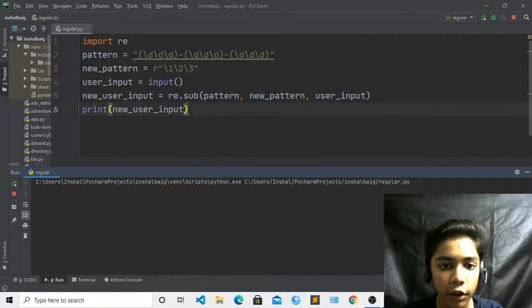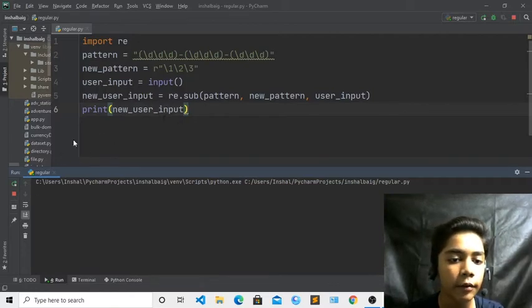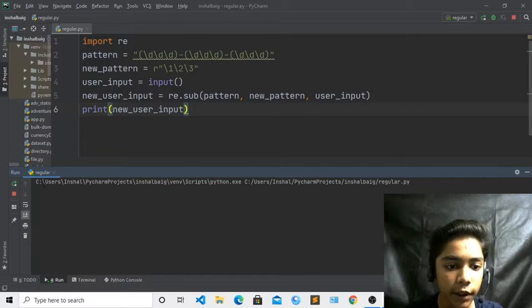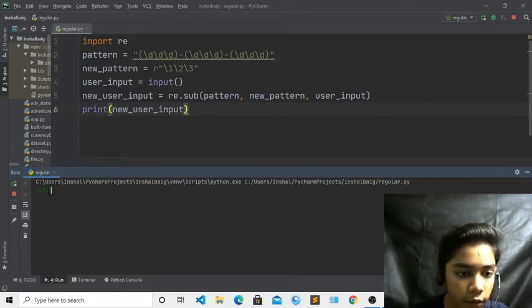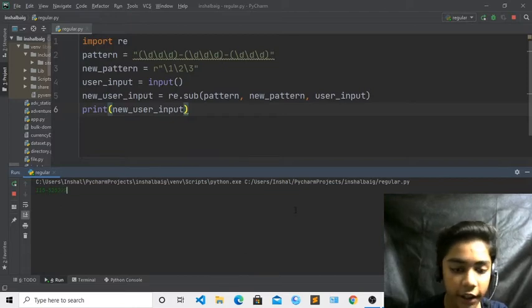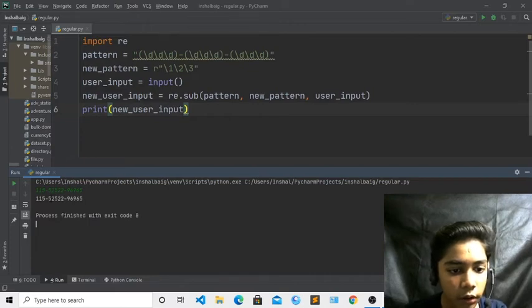Like I have told you, input is when we are asking any question or giving any answer, so for that we have used our input tag. It is running now and will take some time, maybe 10 to 20 seconds, so we have to wait. If I write 1152, then dash 22, then dash 965, and press enter, you can see this.